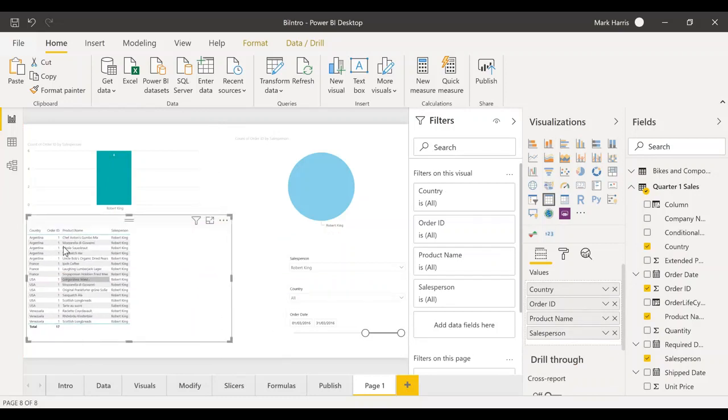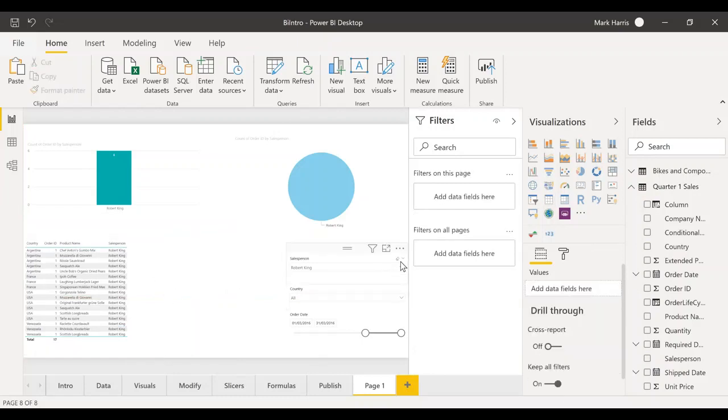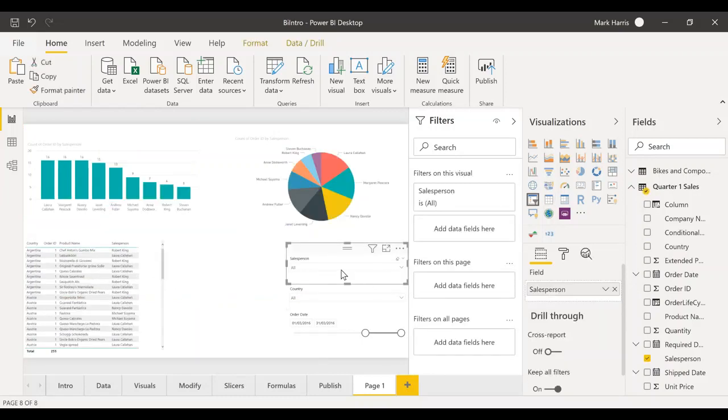So then here I can actually see the countries and the product names which have been sold. 17 particular orders on this one. So it's showing me all the data that I want to see and is relevant. As I say, if I was to have this on a phone layout, I could do all of this on